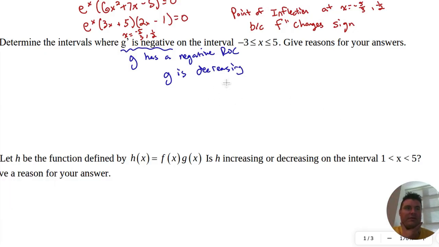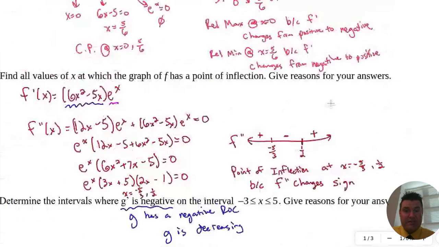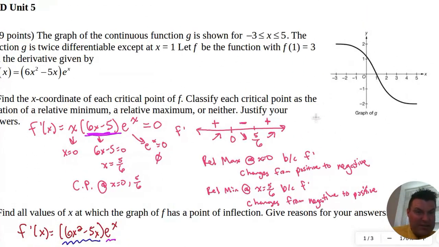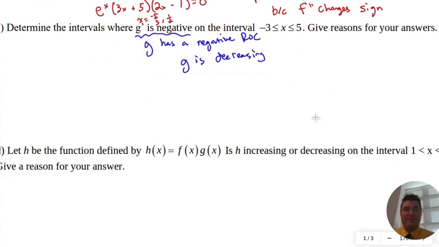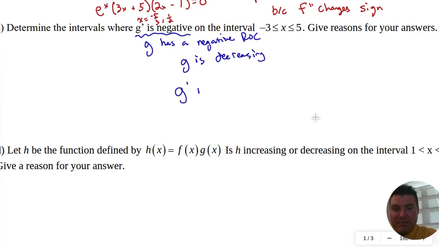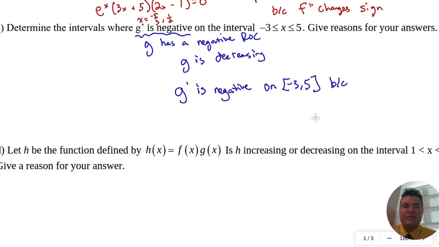Okay, so where are the intervals where G prime is negative, which means when is G decreasing? I'm going to let you stare at this. We're going to stare at this together until we can figure it out. When is G decreasing? If you said on the entire interval, I'm going to agree with you. And the interval of this is only from -3 to 5. So we have here, G prime is negative on -3 to 5. It's on the entire interval because,